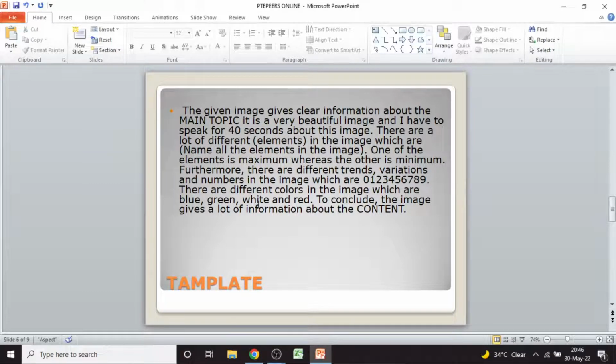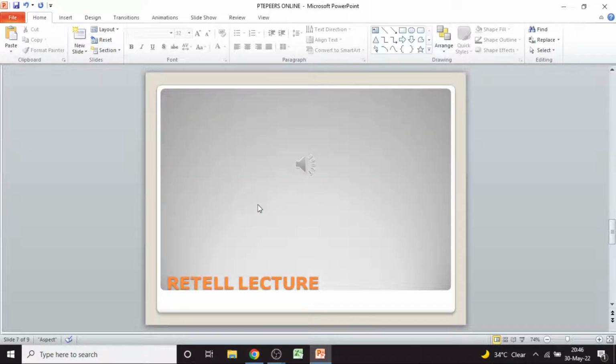Alright, so we are done with read aloud, repeat sentence and describe image. So the three major parts we have covered. Now we are moving to the next part, that is known as retell lecture. So in retell lecture, you would be having an audio of around 1 minute, 1 minute and 20 seconds, 30 seconds of audio, 40 seconds of audio. As the name is telling, retell lecture, so you have to retell whatever you hear in last 1 minute, last 30 seconds. Now, in lecture, you would be having your notebook, you would be having a sheet where you